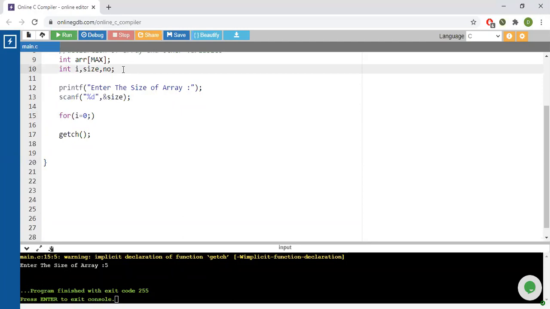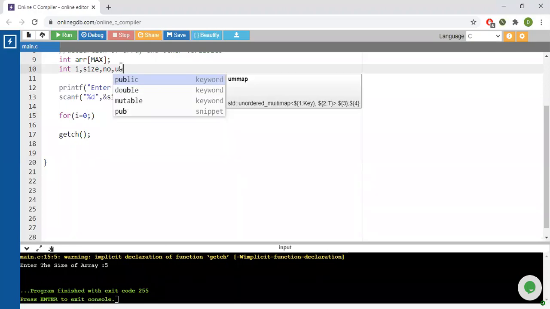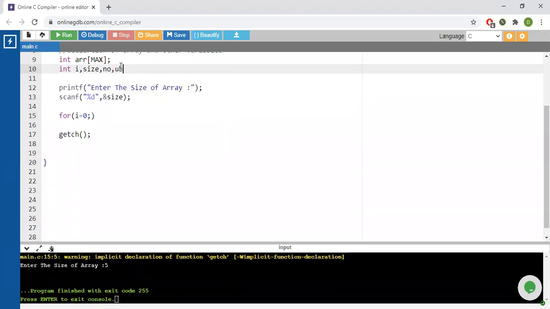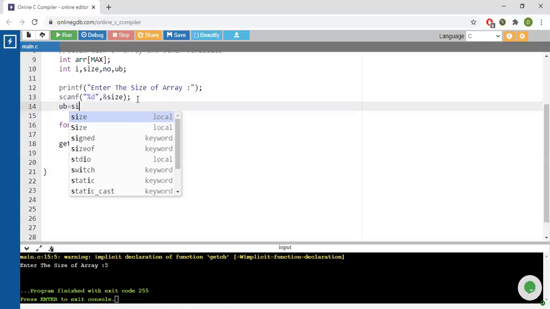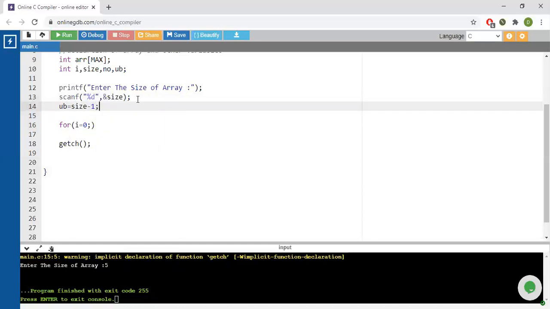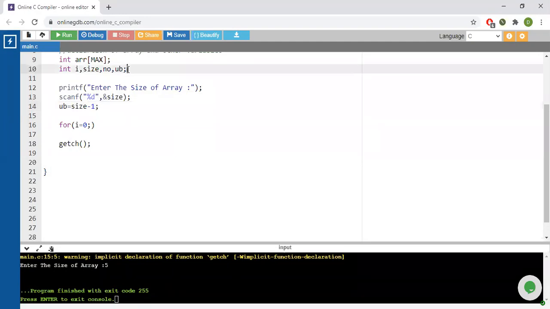So you can have a third variable over here, which you call ub, upper bound. After taking the size, you can say ub equals size minus 1. So this is one approach, but in that case you have to take another variable.